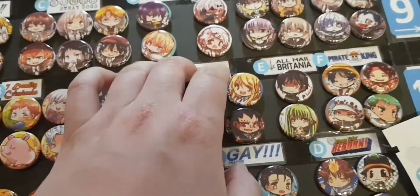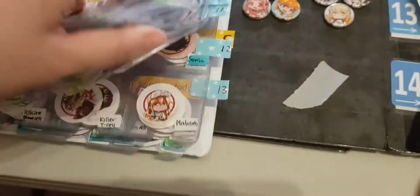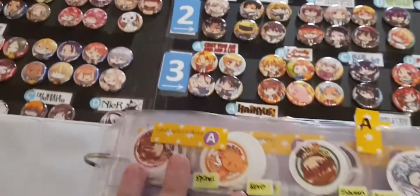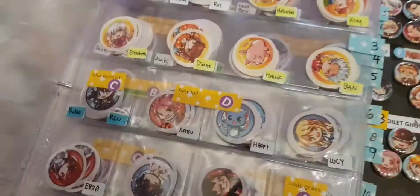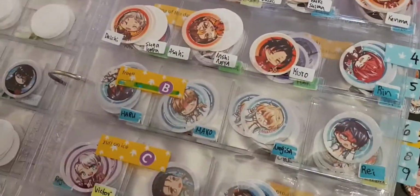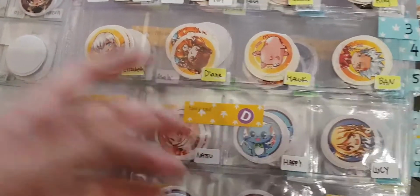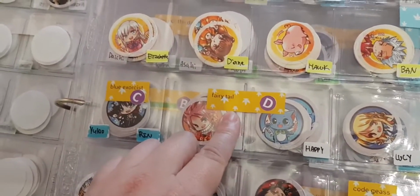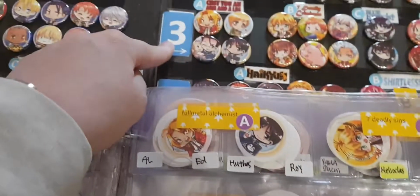The issue with a labeling system like this is that fans like it, but if you are a helper trying to sell my stuff within all that, people are like, I want Pixie Tail. And they're going to be like, Pixie Tail, Pixie Tail, what the hell is Pixie Tail? Because the actual label is Fairy Tail. So you could confirm the series by saying, oh, what row is it? Row 3,